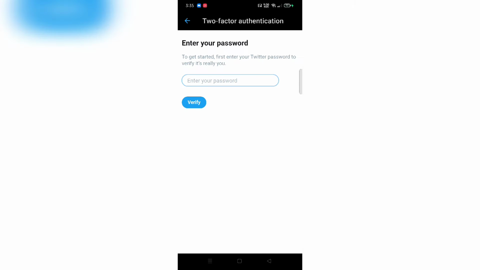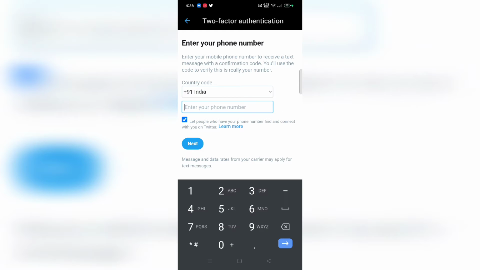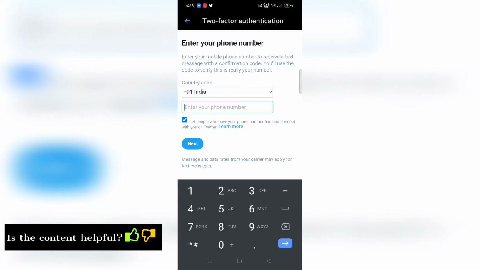It's going to ask you to put your password. Once you add your password, it's going to ask for your mobile number and give you the country code. I already have the country code entered, so I'm going to enter my mobile number here. Another thing, this option which has been enabled over here, let people who have your phone number find and connect with you on Twitter.